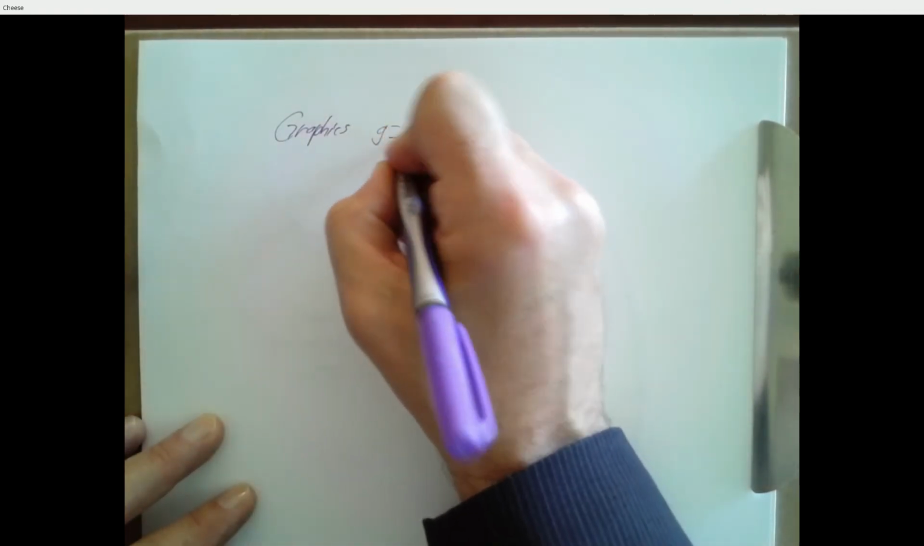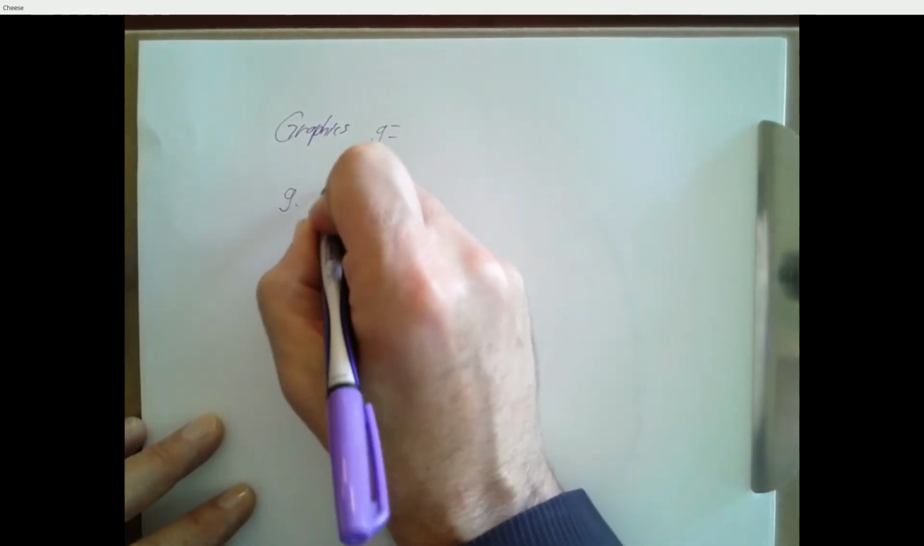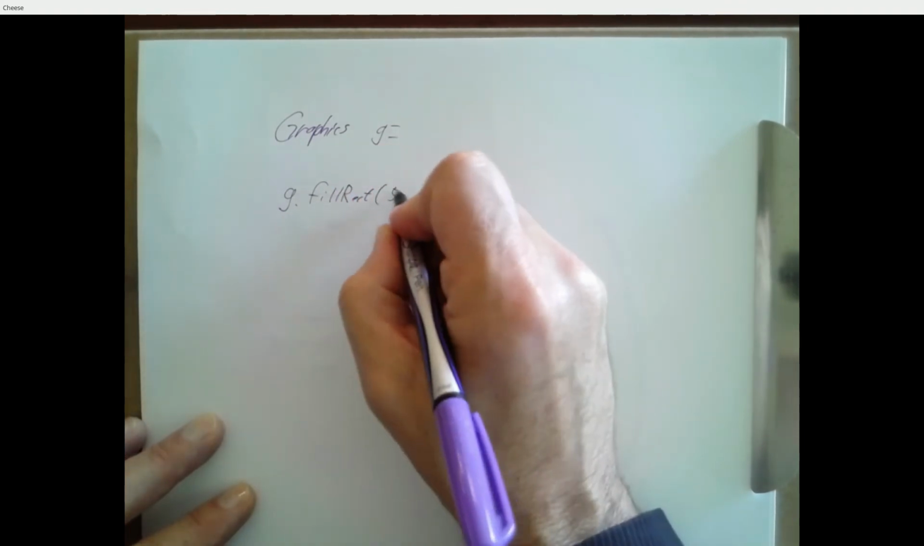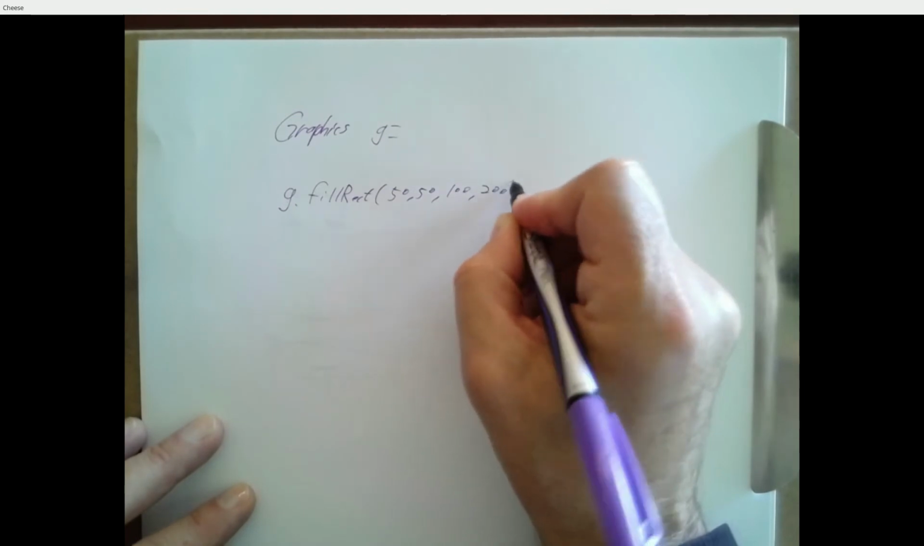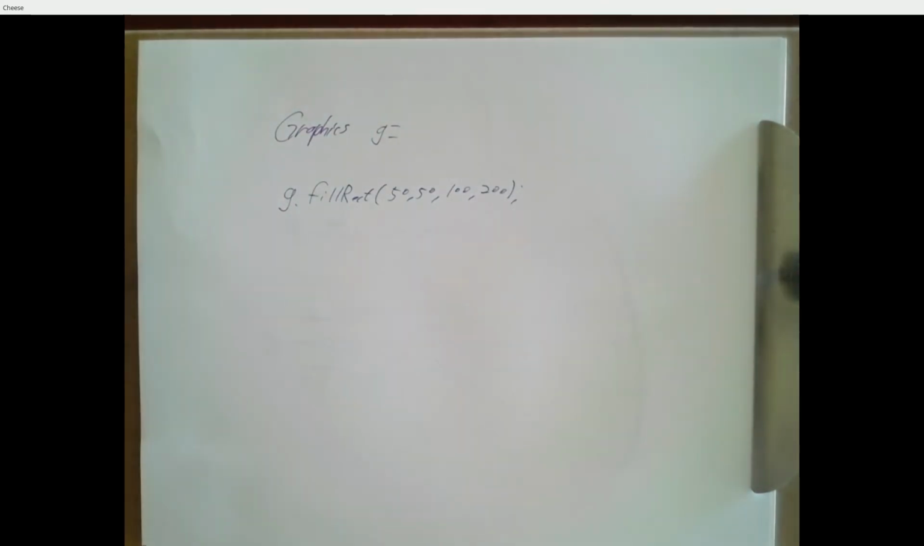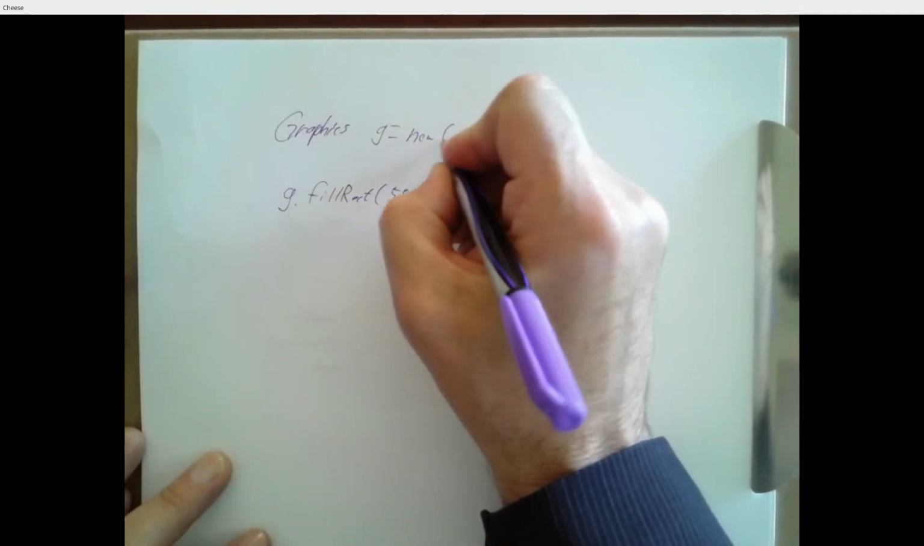So, for example, if we say Graphics g, we can say g.fillRect, and we can put in an X location, a Y location, and a width and a height, and it should fill in a rectangle for us, right? But it's not going to do anything like that for us, because if I just say Graphics g equals new Graphics,